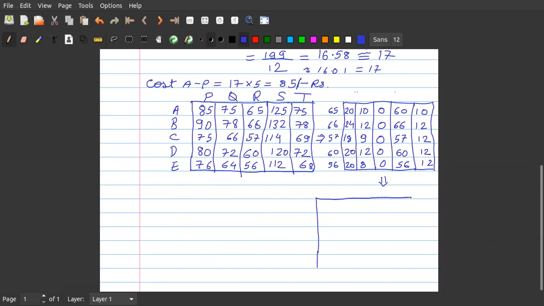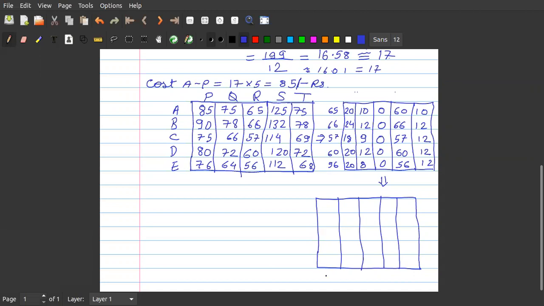Similarly here also we will have 1, 2, 3, 4, and 5. So here the minimum value is 18.